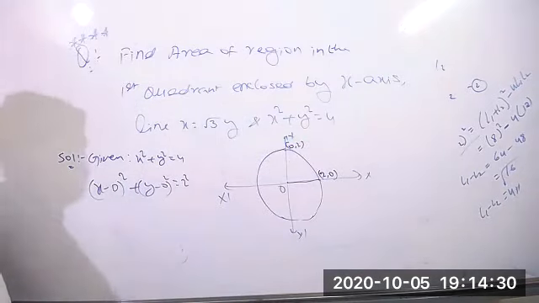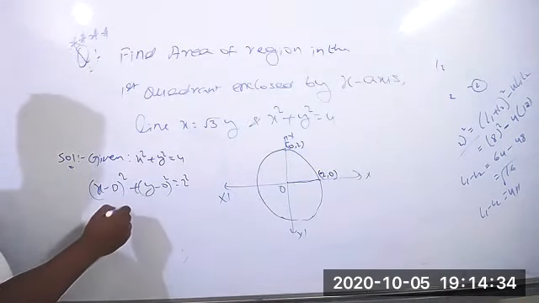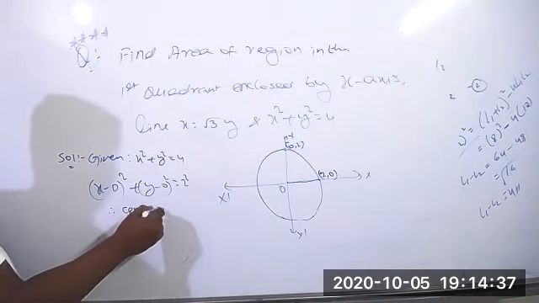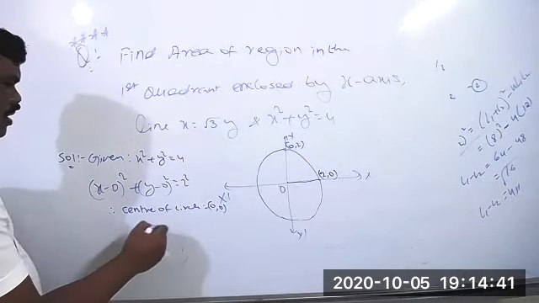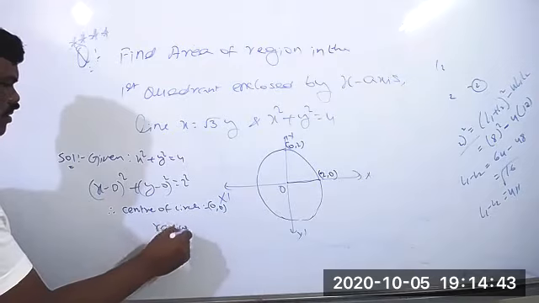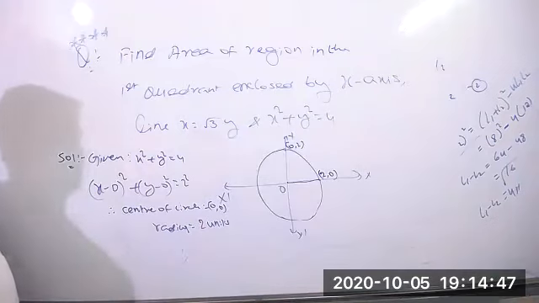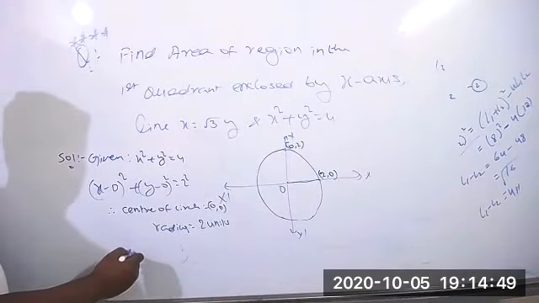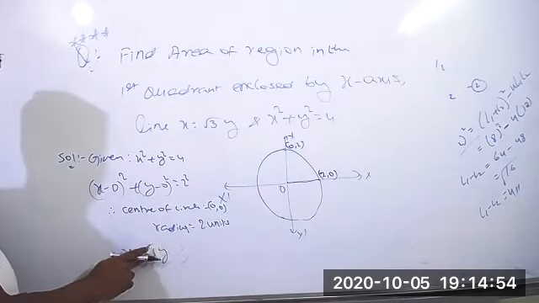Next, coming to the second line. So you can write now: therefore, center of circle is equal to 0, 0 and radius is equal to 2 units. Now one more thing is given: x equal to root 3y. Now here also we have to find the